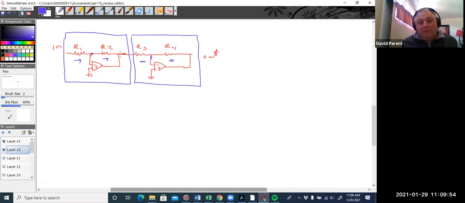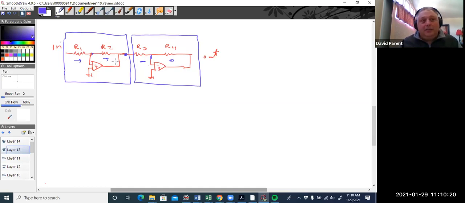This here will be minus R2 over R1 times V in. Then I've derived this, and that's minus R4 divided by R3. Then you just multiply everything together and you would get it. Now, sure, if you're trying to derive that for the first time, sure. But in 110,